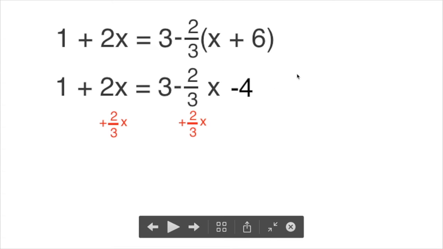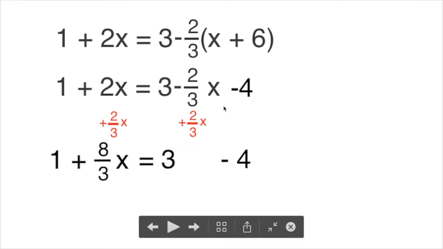So now I'm going to do what I said I would do before, which is isolate the variable. First, I need to move the variables to one side. So we've got -2 over 3x on this side. We have 2x on this side. Let's move this over here. And the way we move it over here is if we add 2 over 3x, because then they cancel out. -2 over 3x and plus 2 over 3x cancel out. And if I do that on both sides of the equation,